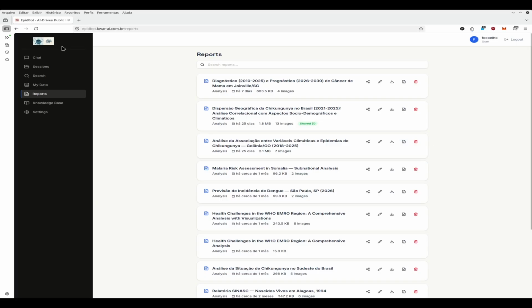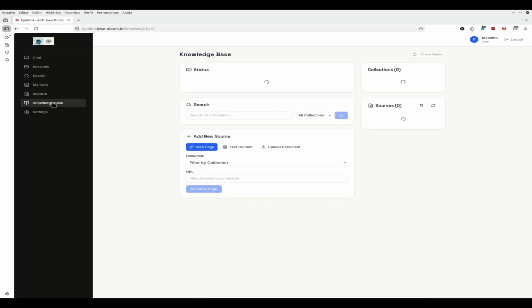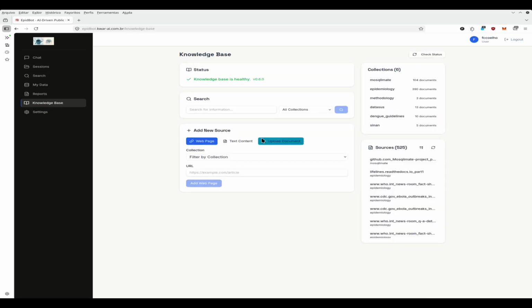The epidemiological knowledge of EpidBot is ever growing. It contains a large knowledge base, as we call it, which grows organically as the agent itself identifies needs and important sources. It can autonomously integrate these new sources into the knowledge base, but also any user can come here and upload new text content, documents, or web pages to the knowledge base so that EpidBot knows about that